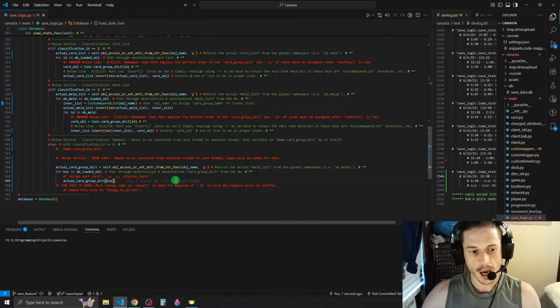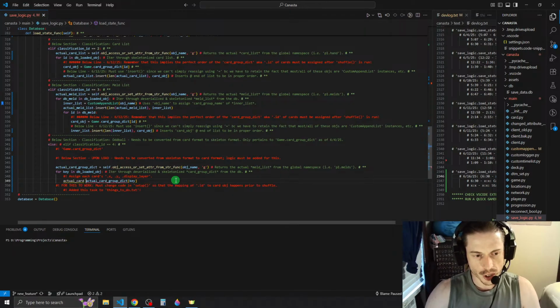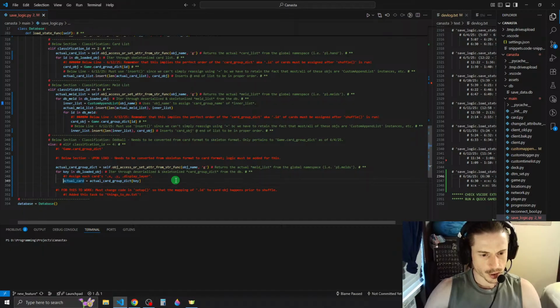Then we're gonna say actual card group dict at key, which is at that card's ID. This is the actual card, so we're gonna say actual card equals that. This grabs actual current card object from